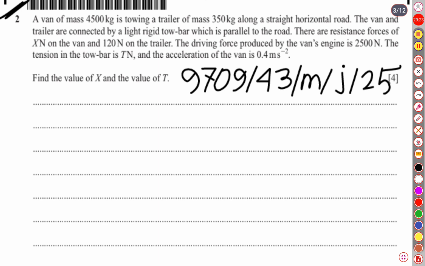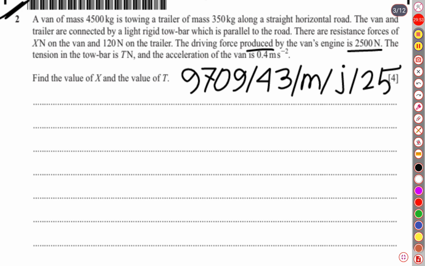There are resistance forces of X Newton on the van and 120 Newton on the trailer. The driving force produced by the van's engine is 2500 Newton. The tension in the tow bar is T Newton, and the acceleration of the van is 0.4 meter per second square. Find the value of X and the value of T. So there must be two simultaneous equations because we will have to find out two missing values. So first of all,